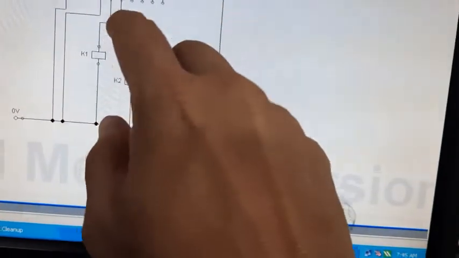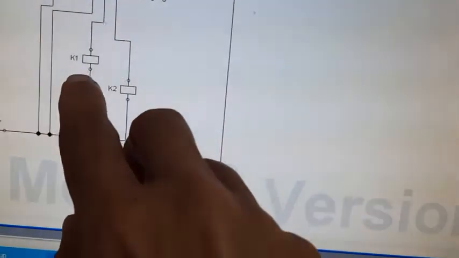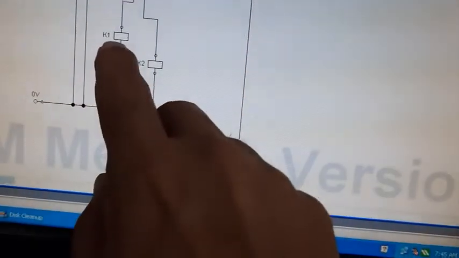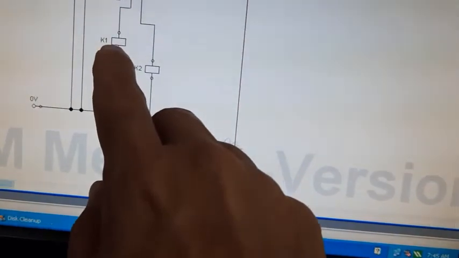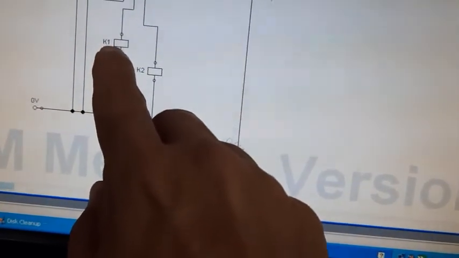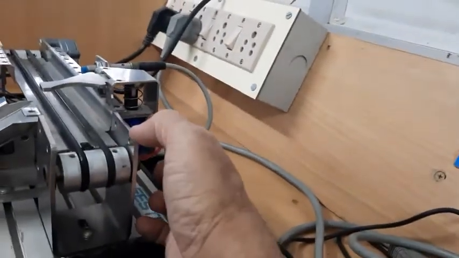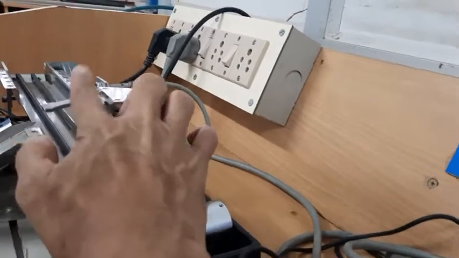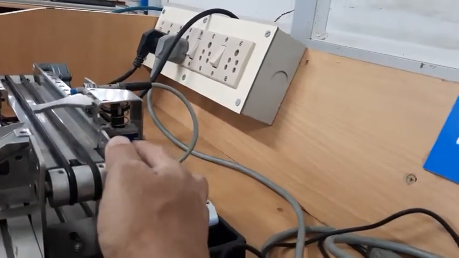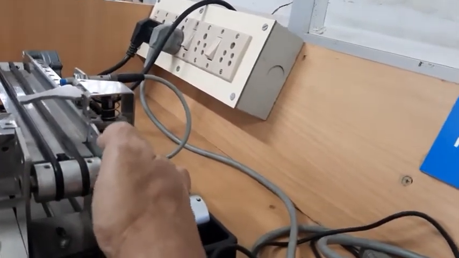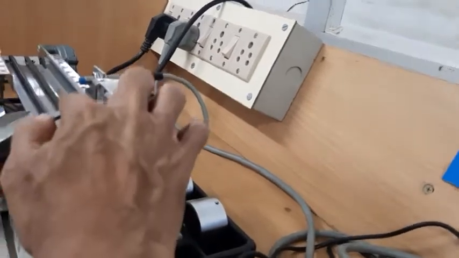Q1 is energizing the relay K1. The relay K1 is operating the solenoid controlled actuator that you can see here. So whenever that relay is energized, the solenoid valve will be energized and the actuator will be operated.